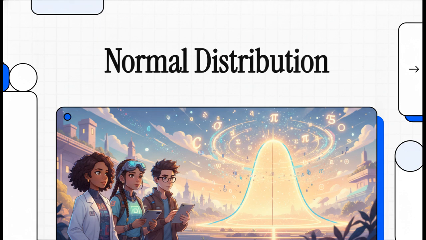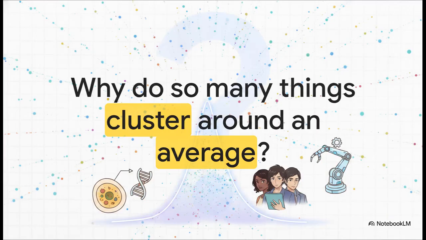Now, whether you realize it or not, there's this invisible mathematical force constantly shaping our reality, taking the sheer chaos of the natural world and organizing it into this beautifully predictable structure. Have you ever just looked around and wondered, why do so many completely unrelated things tend to cluster right around an average? I mean, why isn't everything in life just totally, completely random? Whether we're looking at biology, human behavior, or even the machines we build, extreme outliers are actually incredibly rare, while the middle or the average is overwhelmingly common.